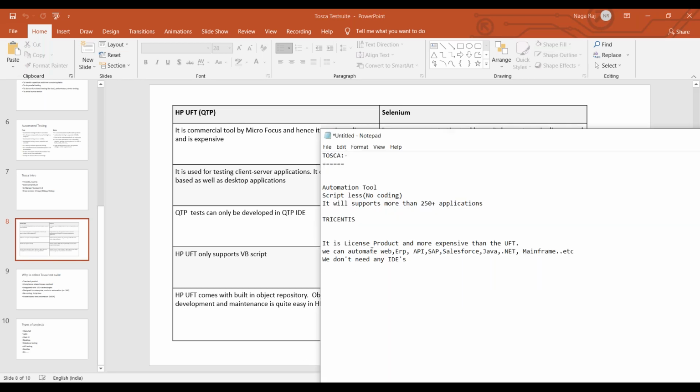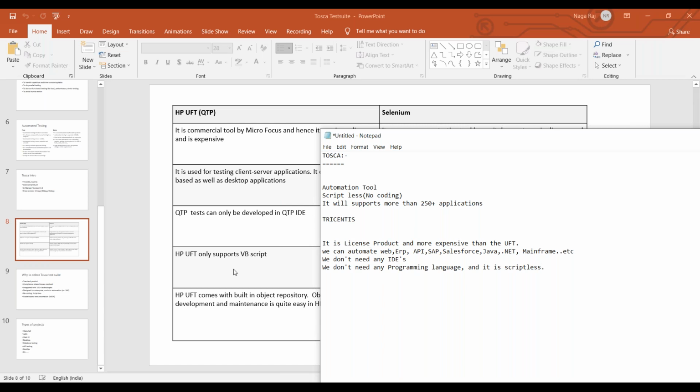But coming to Tosca, we don't need any programming language, and it is scriptless.